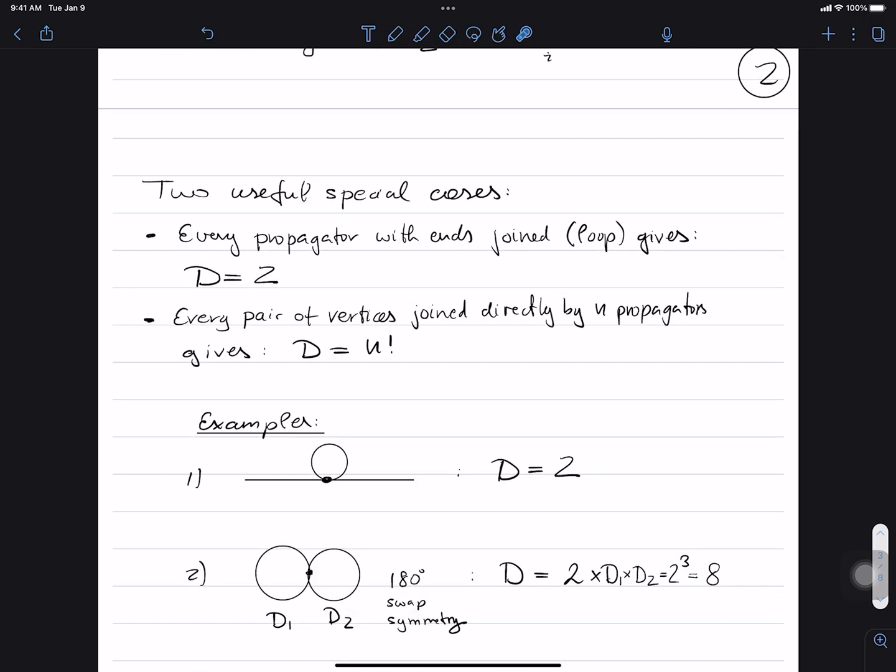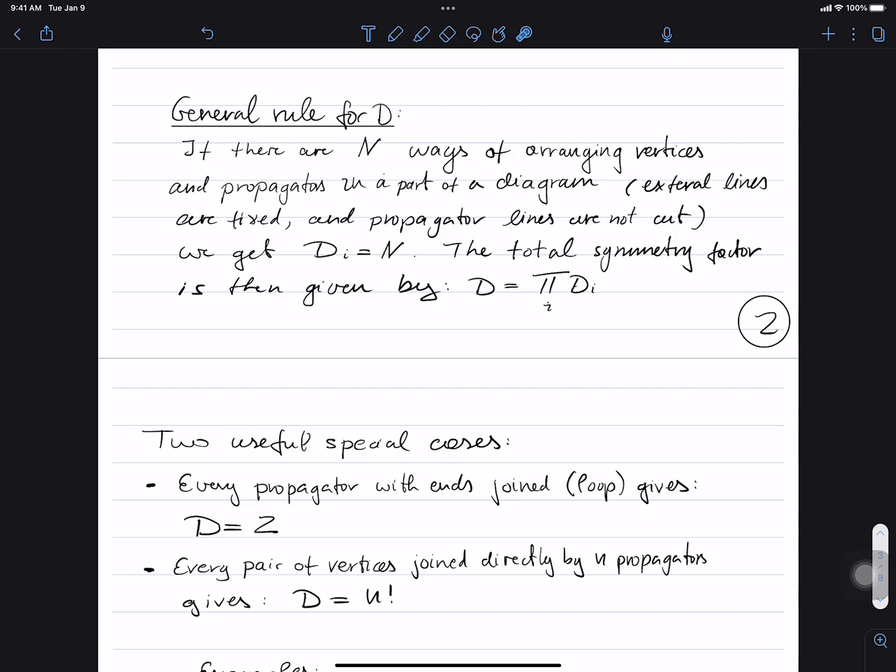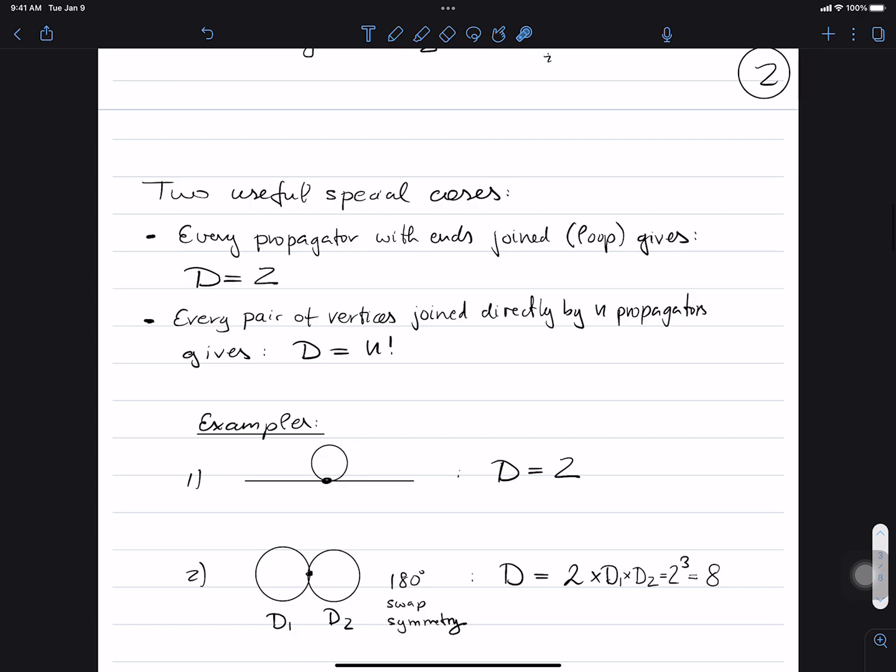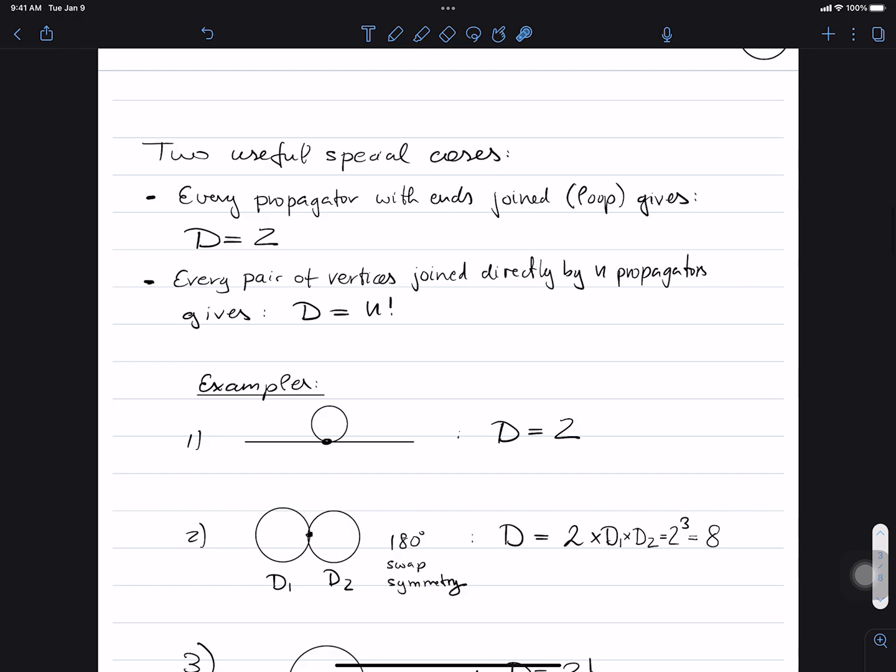Let's see. I mean, this seems like a general rule. It might not be super obvious how to apply it yet, but let's look at some very useful sub cases. For example, every propagator with the ends joined, essentially being a loop, gives us a factor of 2. Every pair of vertices joined directly by n propagators then gives us n factorial, because we can